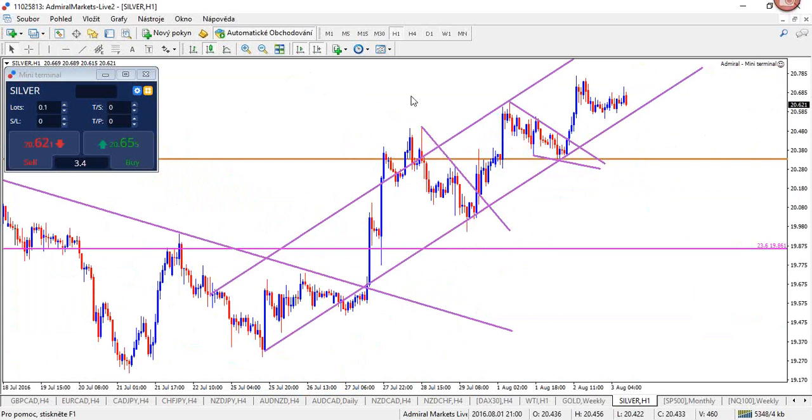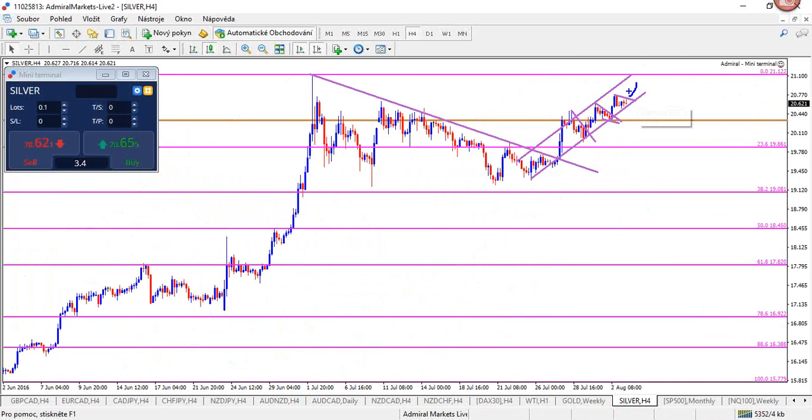If it stays in this channel, it could continue higher again. And in that case, there could be one more breakout above this resistance to retest this top. But I wouldn't want to trade it right into that top. I wouldn't want to trade it too close to the top, because that could be, of course, a turning spot for a correction, a simple correction back to support, before it moves. If it does break above that top,